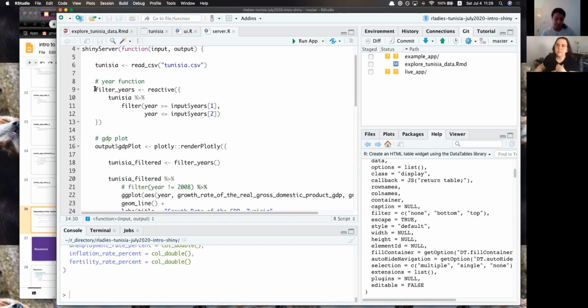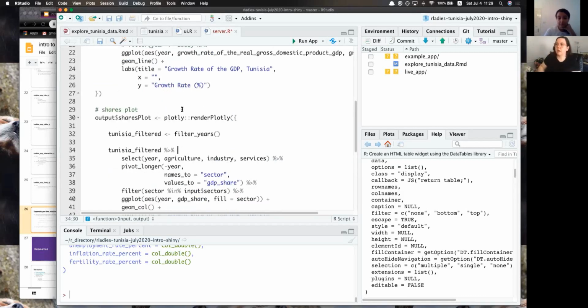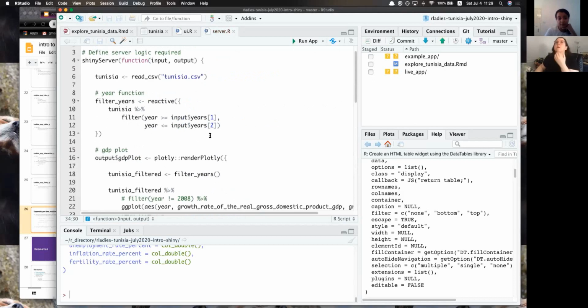I don't usually do this, but I learned how to do Shiny a lot from actually aforementioned Ramnath Vaidyanathan, who wrote the HTML widgets package. And often what he'll do, which you,